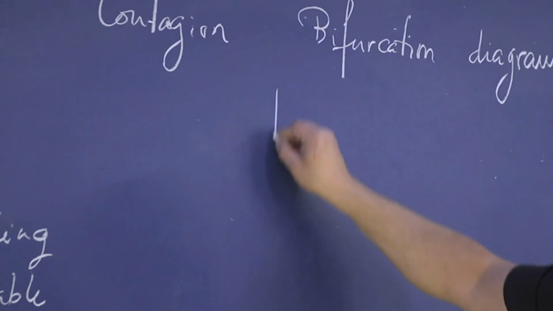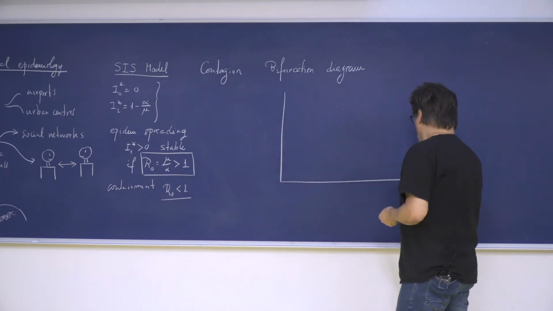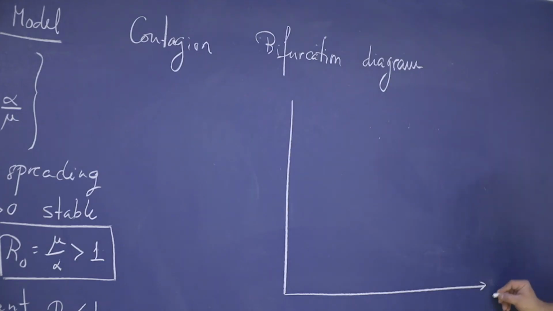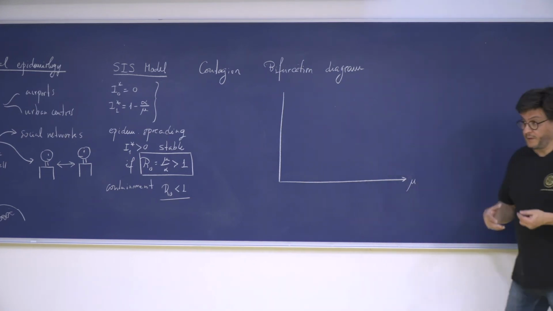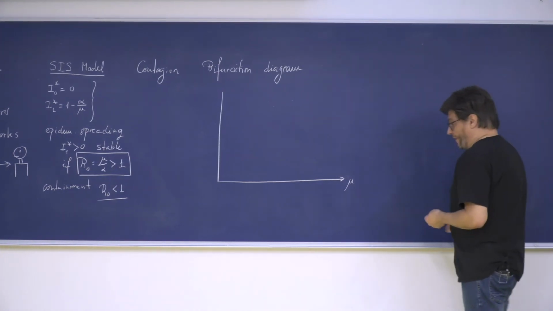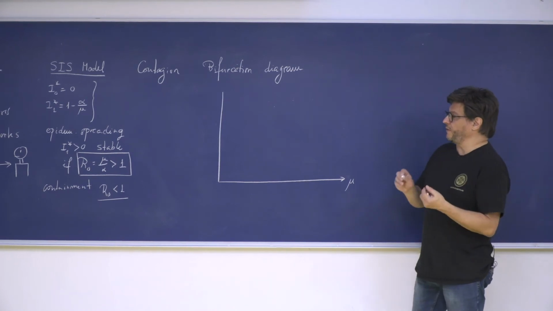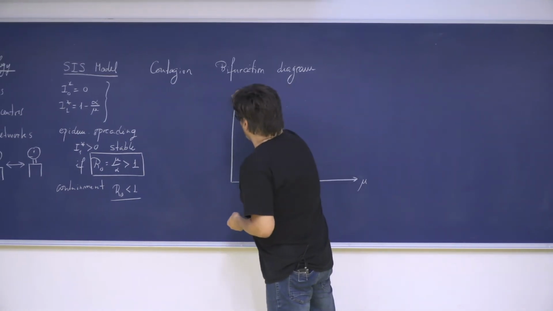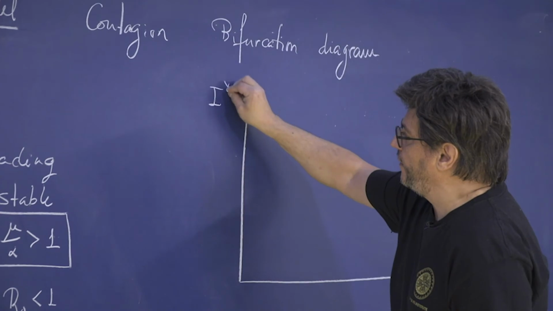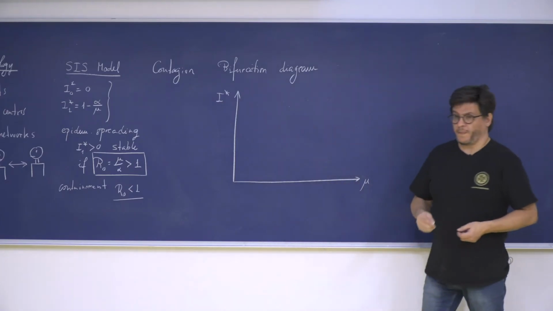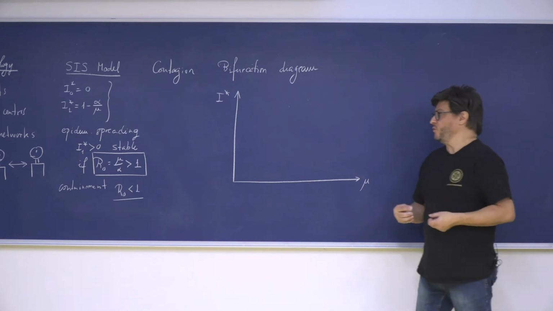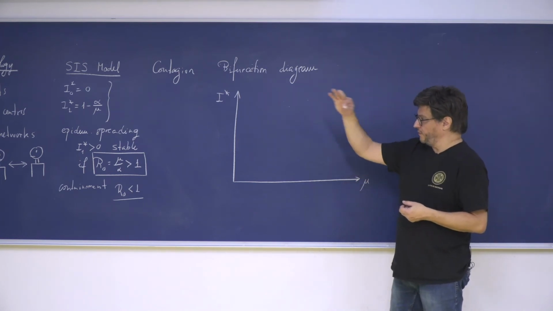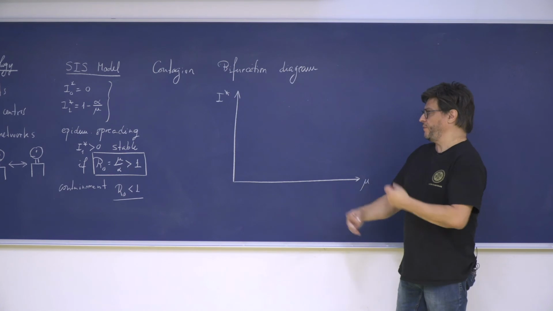Let's write down this diagram where I'm going to use as an x-axis now a parameter. So it's not time or a given variable in the system, but a parameter, right? A very different kind of diagram from what we've seen so far. And in the y-axis, I'm going to put the equilibrium states, so how many infected people I'm going to observe if I wait, right? And we'll define the size of the epidemic event.